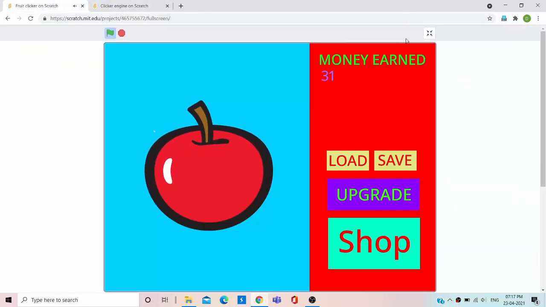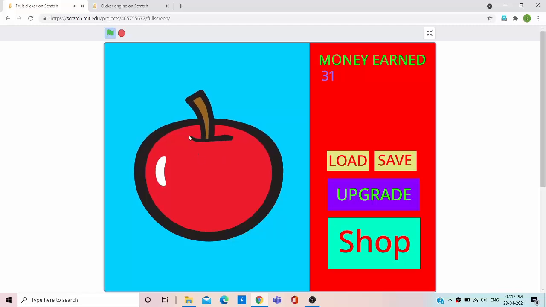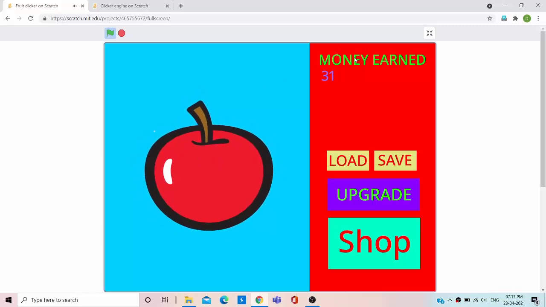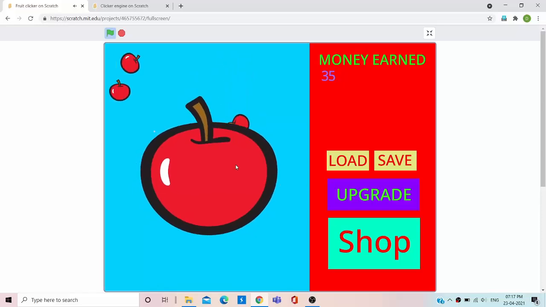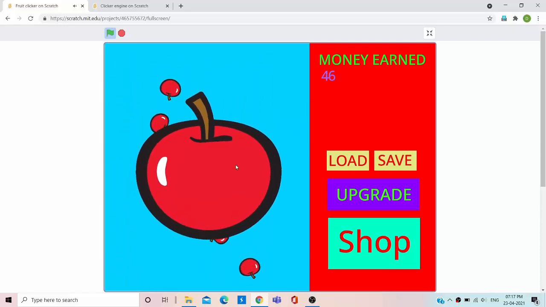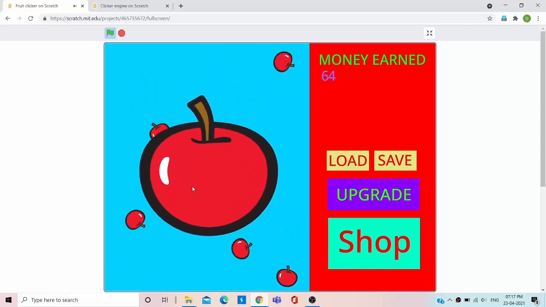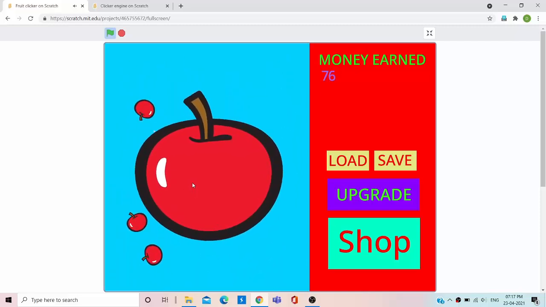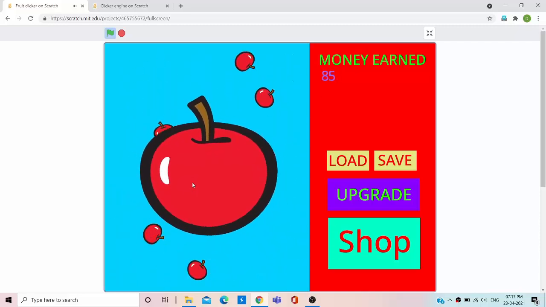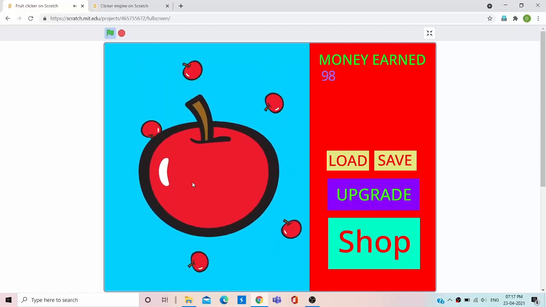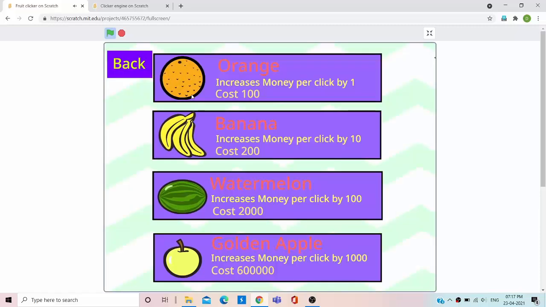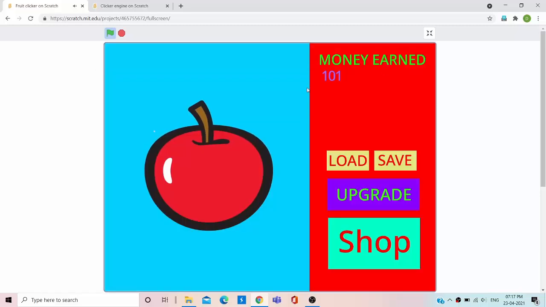So if you might be wondering what a clicker game is, a clicker game is a game where you need to click the objects in the game to get points. So right now I have 53 points here, and when I click this, it will keep increasing more. And I have also added some more functions in the game,